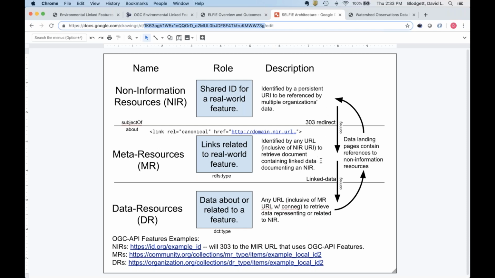And that's to be figured out for every given domain of discourse, every science domain, every government, whoever ends up owning the system for a set of non-information resources has to make some determination of who is going to be the central arbiter or the catalog, the index, pick your terminology, but who's going to be the community system of record that implements the index, right? And that index is just the lookup table. That's the master lookup table between other systems, other domains, references to these non-information resources, and data about them.